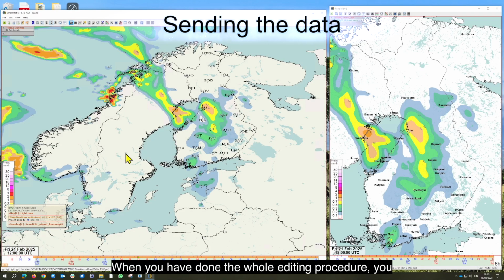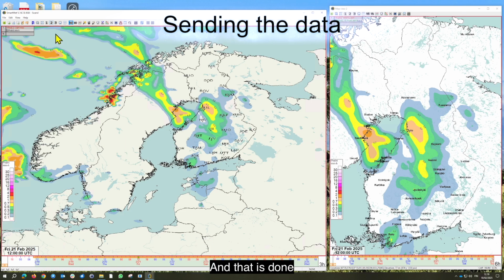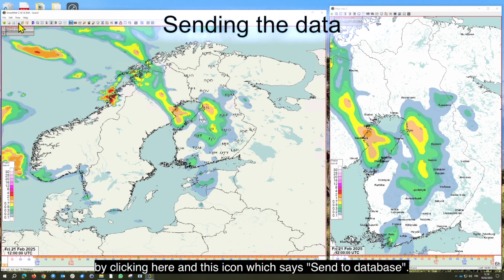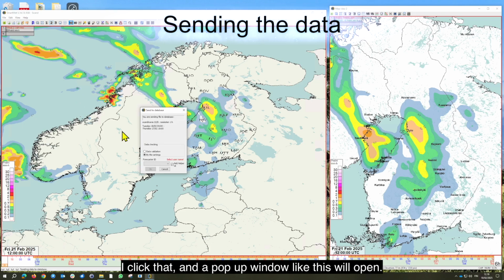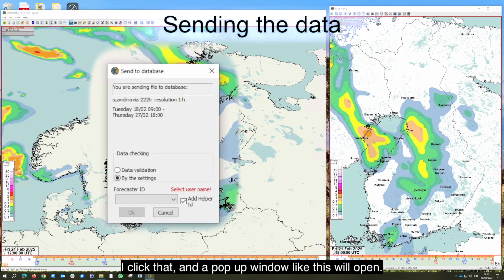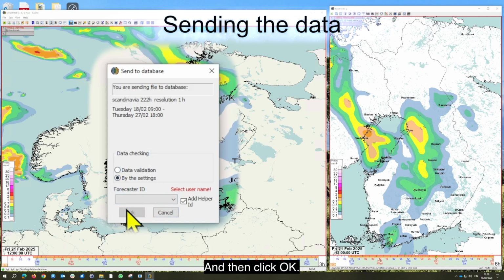When you have done the whole editing procedure, you will have to send the data to the database. And that is done by clicking this icon which says Send to Database. I click that, and a pop-up window like this will open. You will have to choose your forecaster ID, and you can use this by the settings value, and then click OK. After that, you need to wait for a while